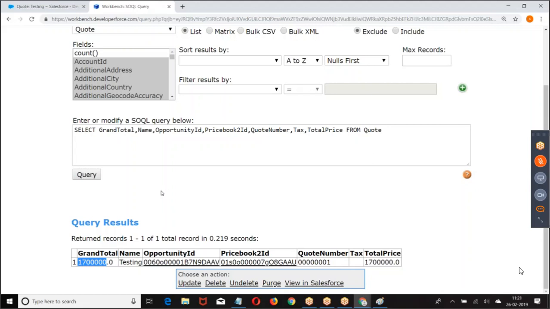Now, what is the data we are going to get? Look at the point: quotation name, opportunity, quotation number, total, grand total. Name of the quotation, for which opportunity. If you want, you can also give account ID, contact ID.